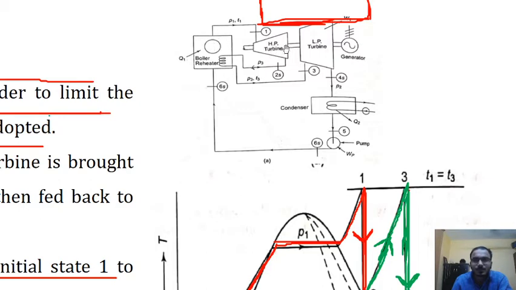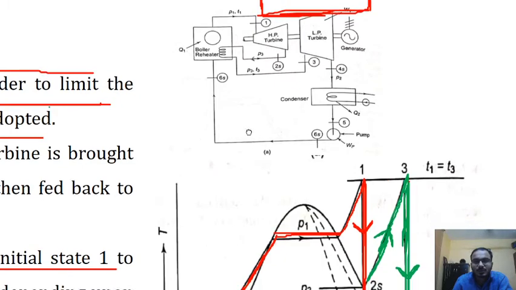So here we have divided the expansion process in two, and in between them we are taking this steam into a reheater where it is getting further heat and then again going back into low pressure turbine, and then it is passing through this condenser